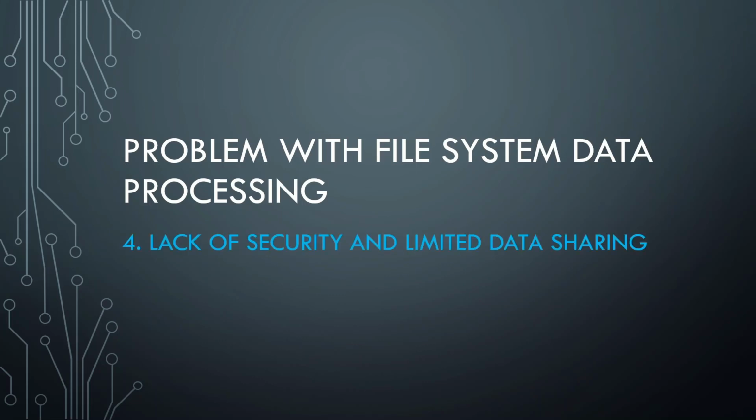Four things: lack of security and limited data sharing. So, as I said, lack of security and limited data sharing. This is another aspect in which the olden file systems had a problem. Because of the lack of security, anything could get misplaced, anything could get stolen pretty easily, and the limitedness of data sharing meant that data had to go through an excruciatingly long process to reach its intended target, meaning